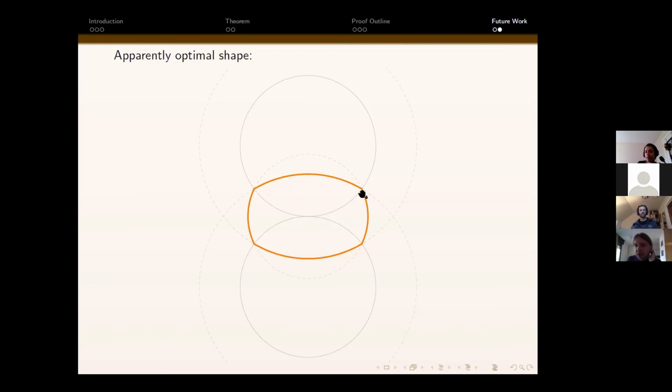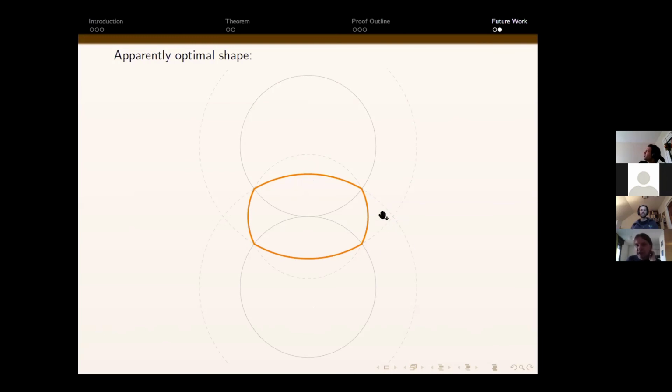So extend this figure to this point. That will guarantee you the best ratio, while going in this direction as little as possible. That is why this distance here is the same as this distance here, and it lies on this wall here. But then you get these kinds of